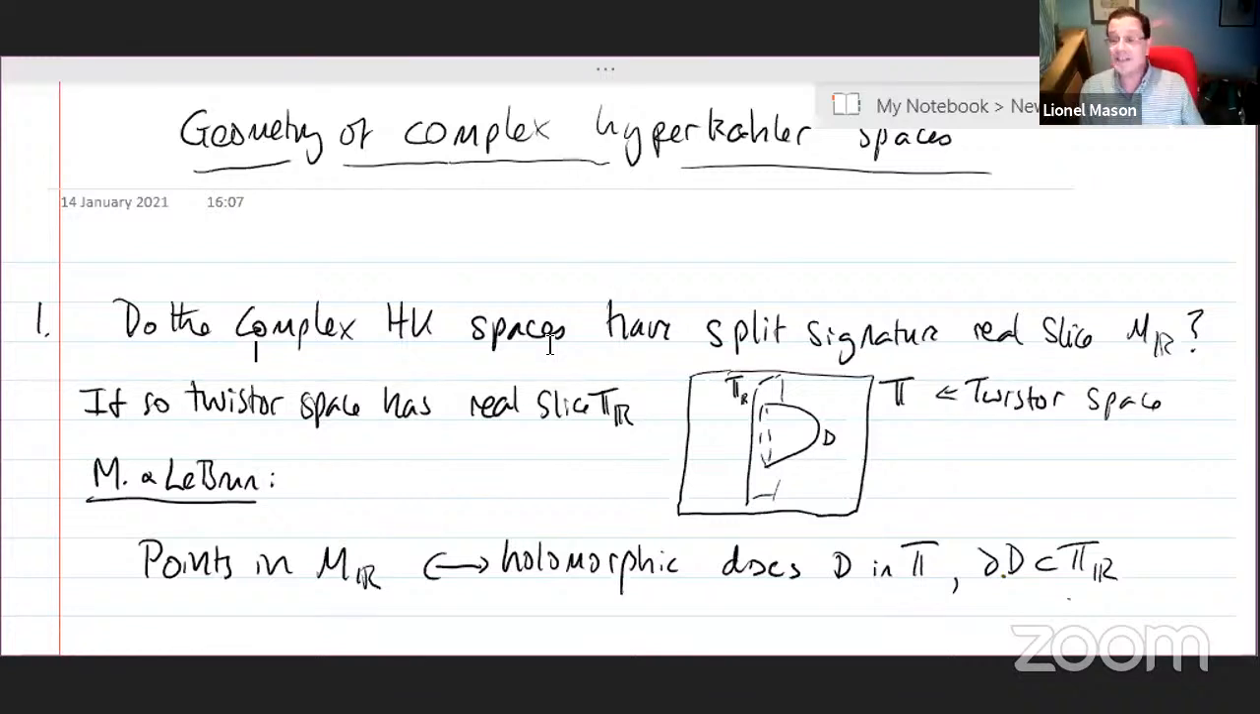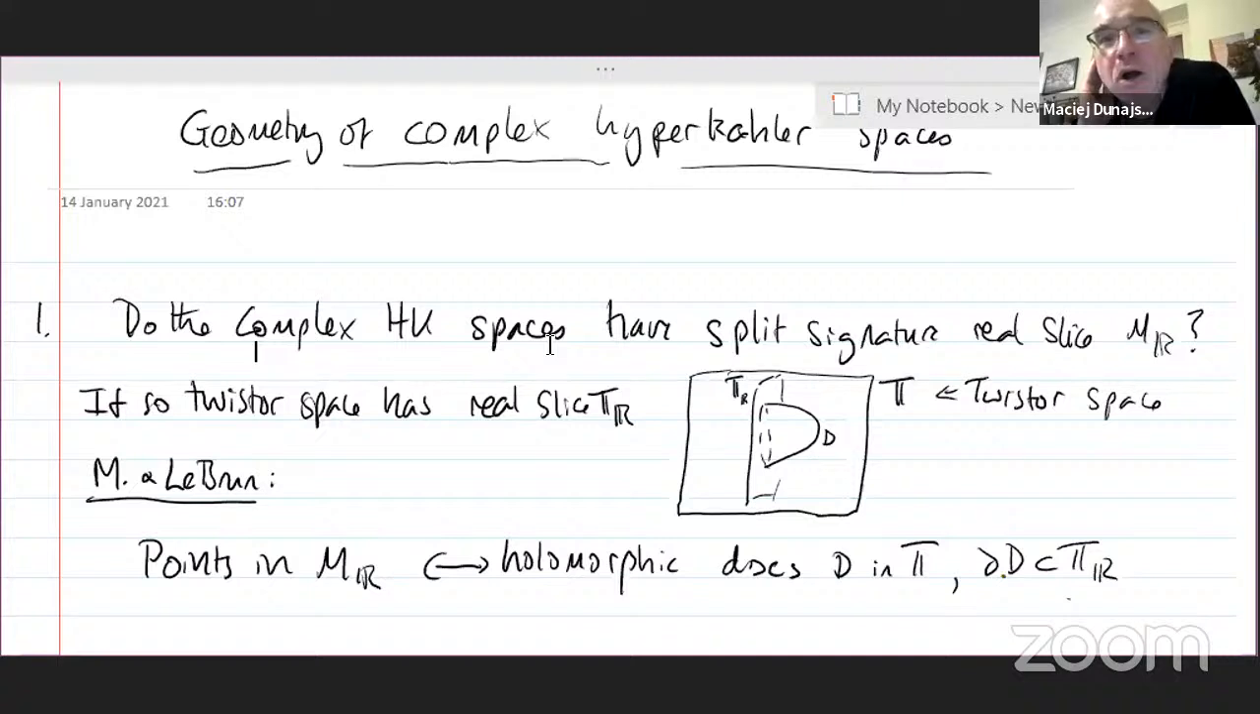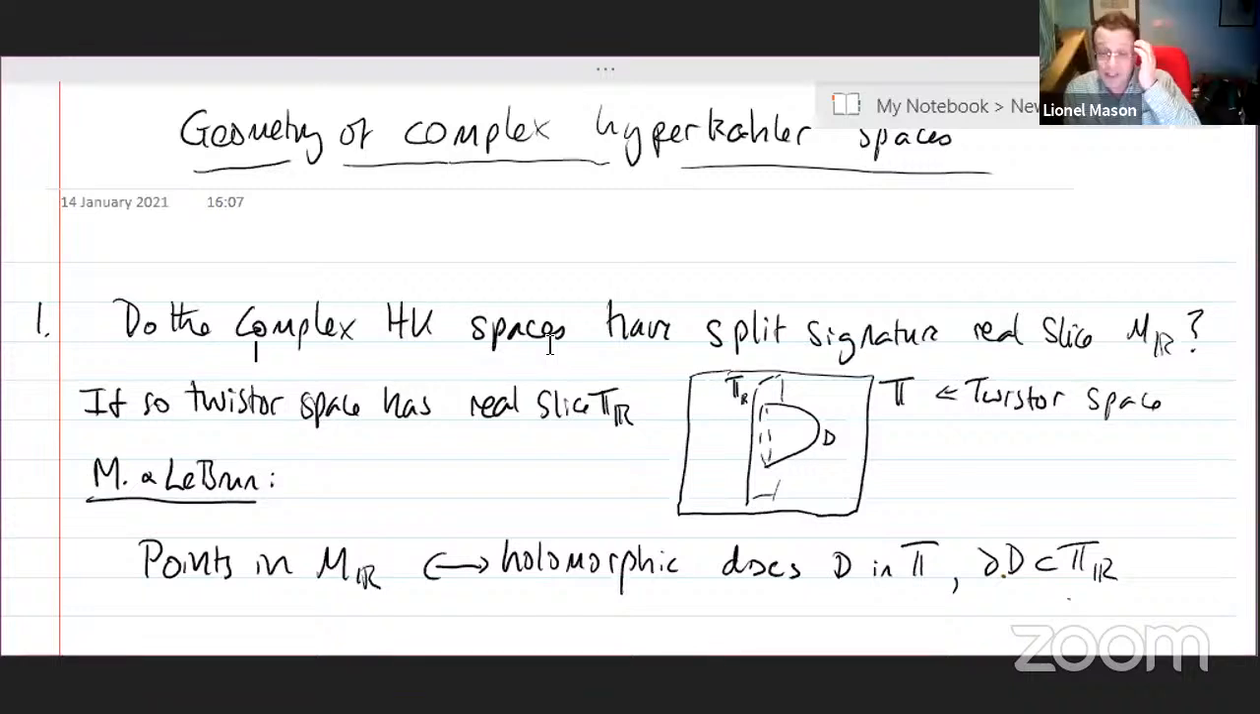Okay, well let's fantasize for a moment and assume that's true. But Lionel, all the examples Tom had do have real slices because they all depended on the coordinates, and all you do is you force these coordinates to be real, and that gives you a real slice. Yeah, that's very good, thanks. So this goes back to a game that Claude LeBrun and I were playing through the noughties,